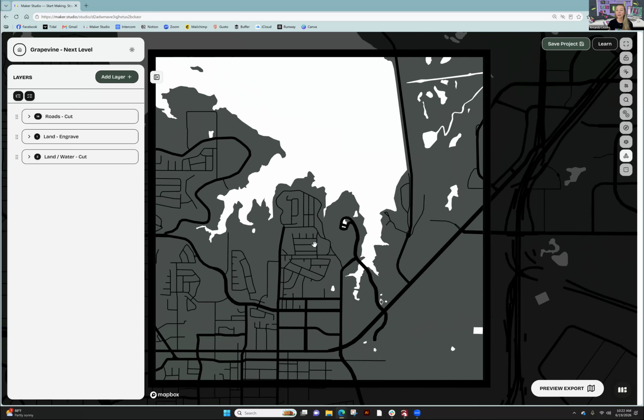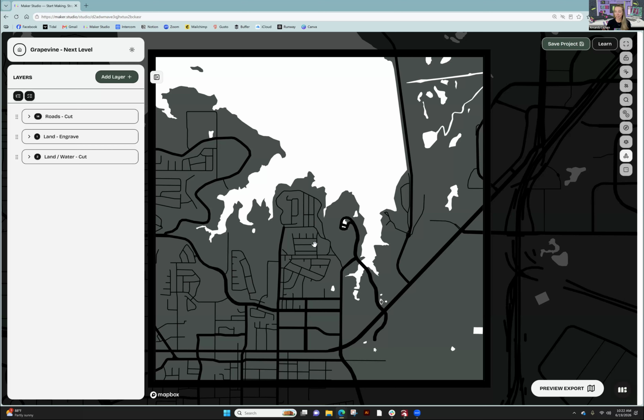So does anyone know why we use white for water and why color is important in the studio? So we use a color tracing technology to vectorize your files, basically. White just means no data. So anywhere we're using white, nothing is going to be produced. That part is either, if it's set to cut, that part is going to get cut away. So if you can imagine that white area being cut away from our land,